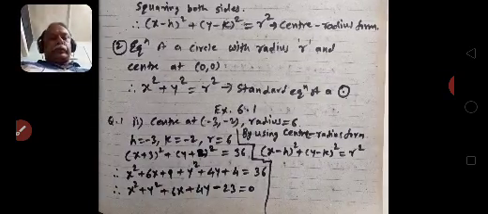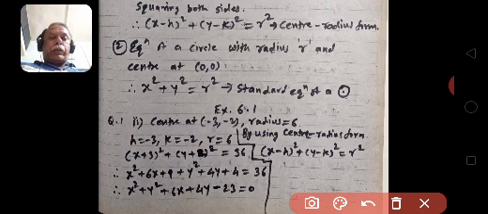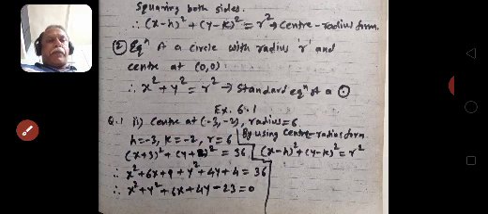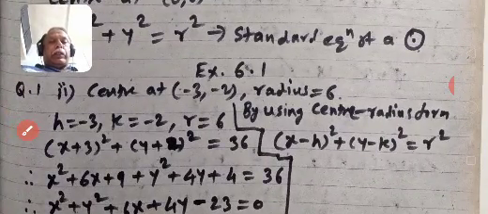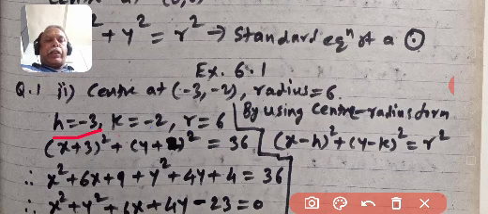Now, just try to solve the example. Exercise 6.1, question number 1, sub question 2. Find the equation of circle where center is (minus 3, 2) and radius is 6. Now, here h is equal to minus 3, k is equal to 2 and R is equal to 6. By using center radius formula,